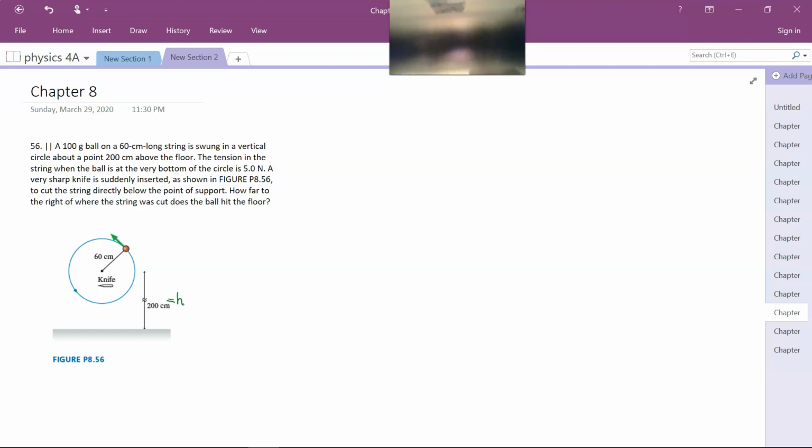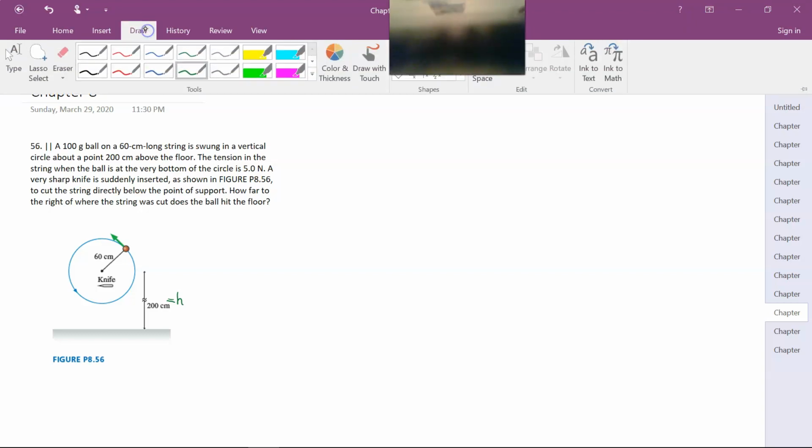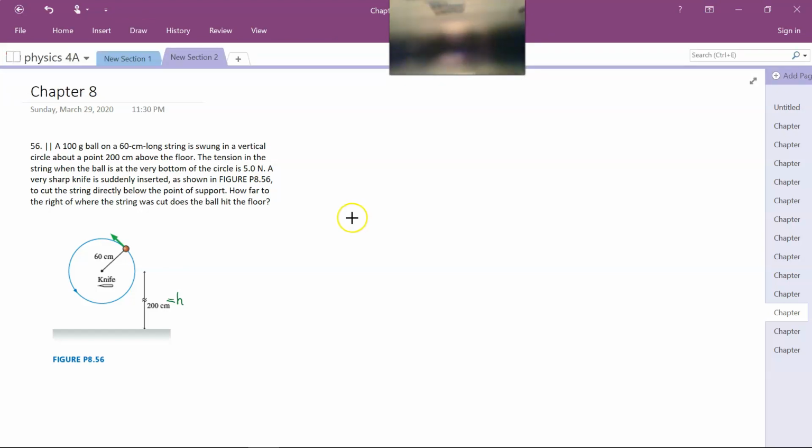The tension in the string when the ball is at the very bottom of the circle is 5 Newton. So at this situation,